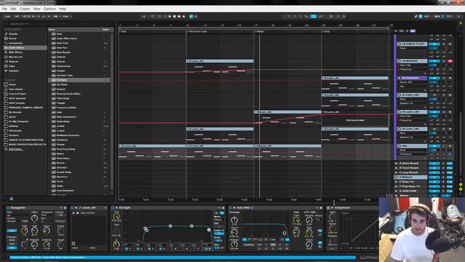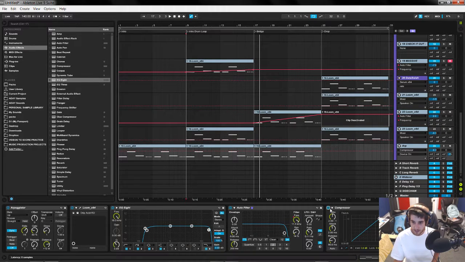So I think I figured out my main issue with this ARP. It is the velocity, I guess, of the notes. The volume change between the notes is too drastic for me. I want to squash it a bit.